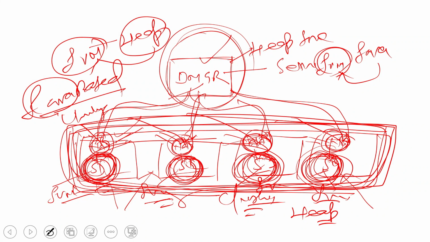So for DMGR, node agent and your servers, we have to configure the heap size for all, and I am going to explain how to do it with the help of your admin console and with the help of scripts. And along with that we have one more thing that I am going to explain, which is called